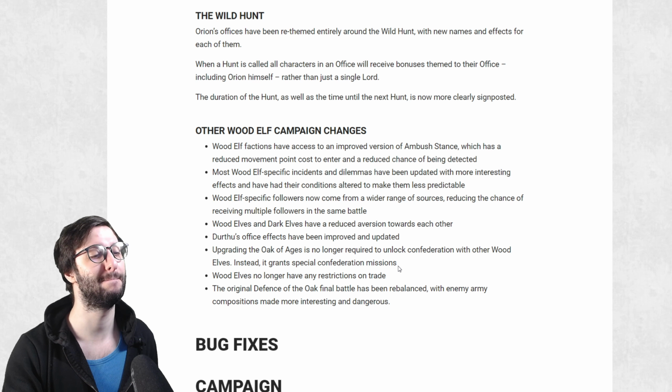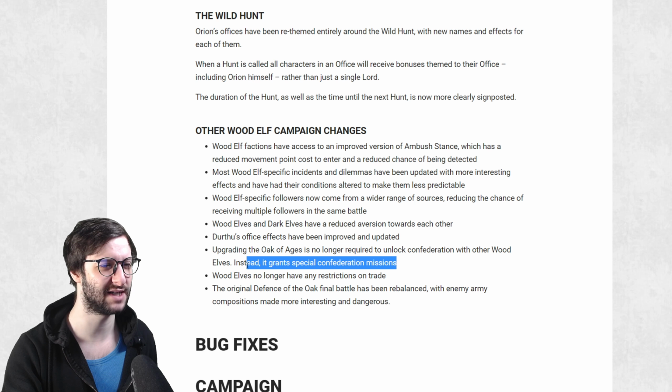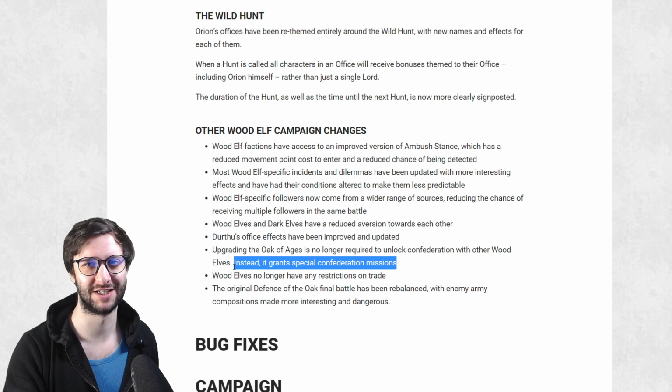See, I think this is misleading as well, because I'm not sure... I guess upgrading the Oak of Ages does give Confederation missions. I've not really done anything to upgrade the Oak of Ages yet. Not really, because the most I've played is Drycha and the Sisters of Twilight in the Vortex campaign, so it's